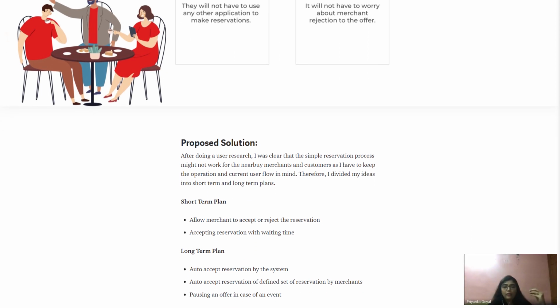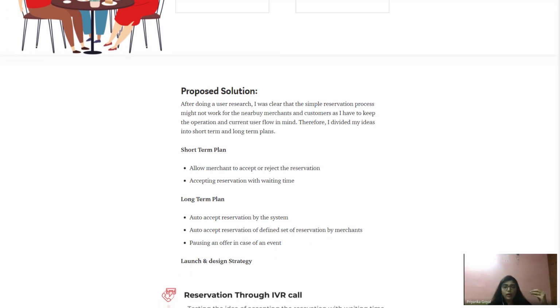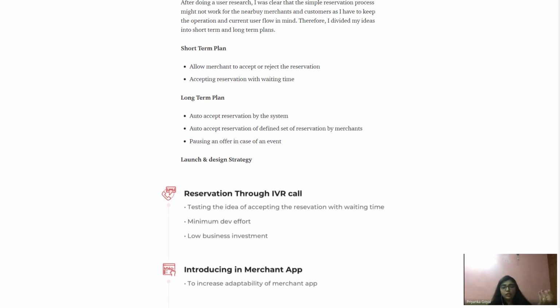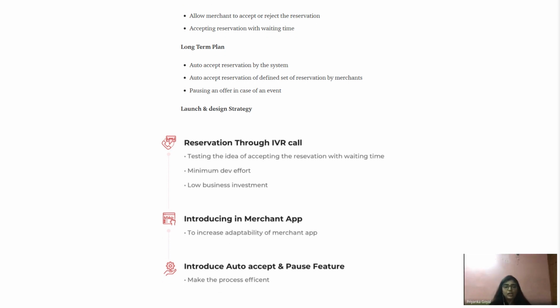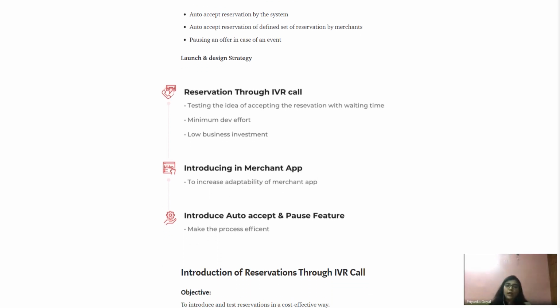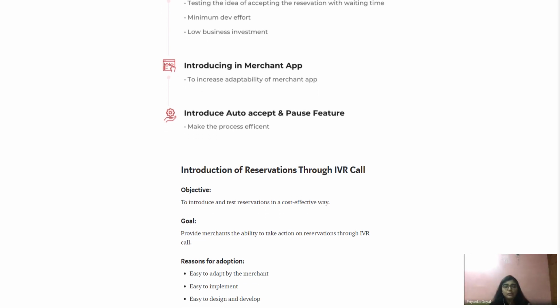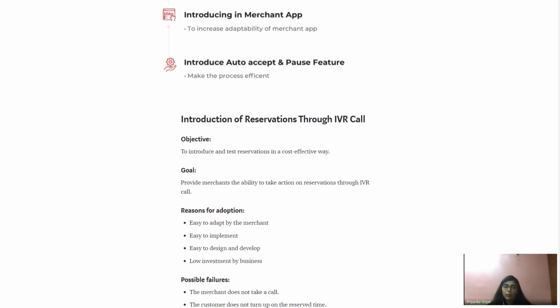So at every stage, what was my objective and goal? Because these were 3 different projects, right? Because it was a 6 month long project, obviously I have to give, for every stage, the objective, the goal, reason for adoption, failure, design script. So I have not spent much time on showing every process.